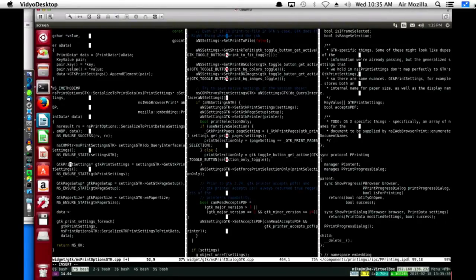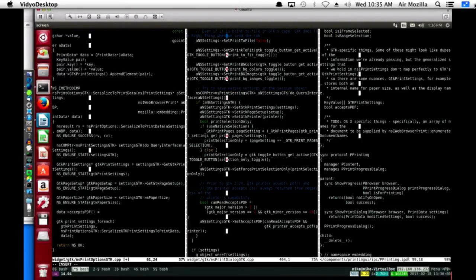So we can use settings GTK. Okay, so data acceptsPDF equals, I think we can do, oh shoot, how does this work for booleans? I think we can just do true or false in this case. So let's just try that.